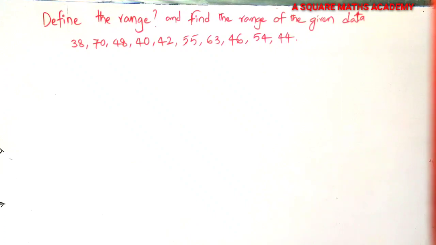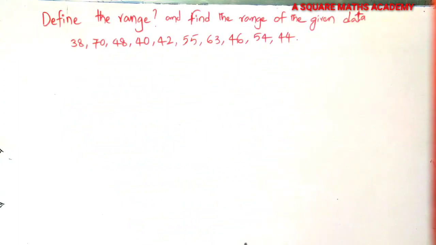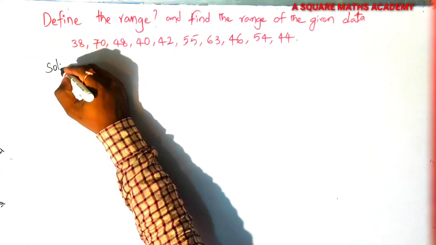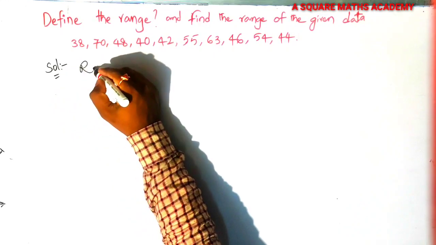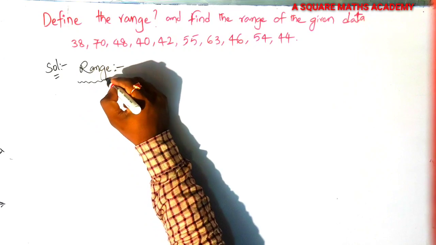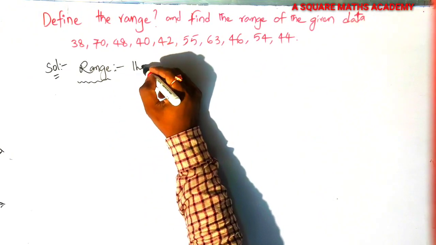First question of today: define the range and find the range of the given data 38, 78 like this. So total numbers are given here. First of all, we write here the definition of range. See here, so what is range? Range is defined as